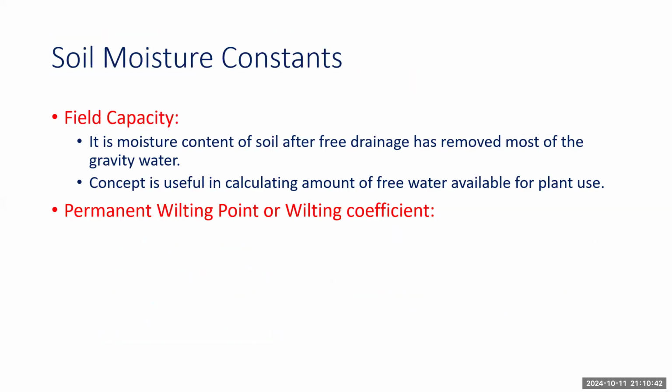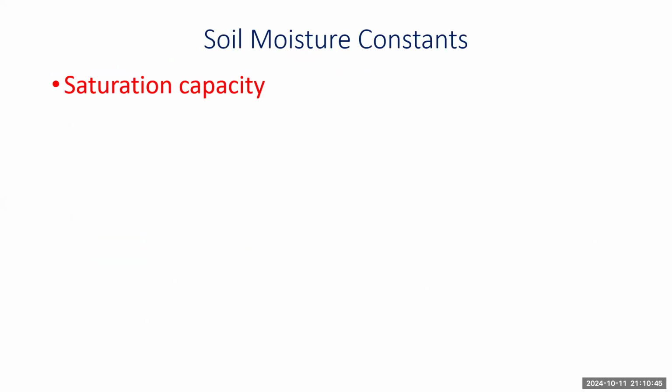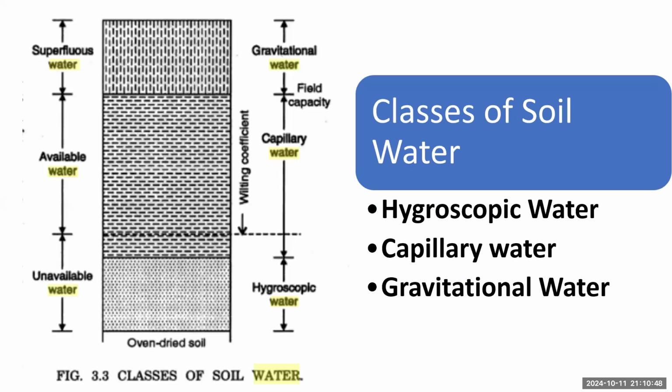Now again we will see this particular sketch so that it will be clear to you about the soil moisture constant. So I hope now the sketch is visible to you. This sketch shows the classes of soil water. To the left here, the classes of soil water are shown. First is the gravitational water. At the base of gravitational water, what is written here? Field capacity. When gravitational water goes out of the system, now the moisture content is called field capacity. When the moisture content reduces more than the field